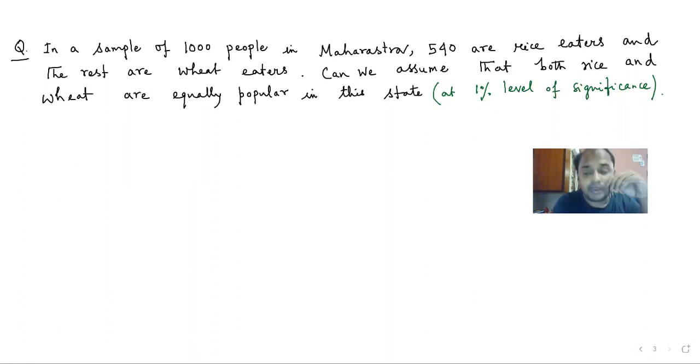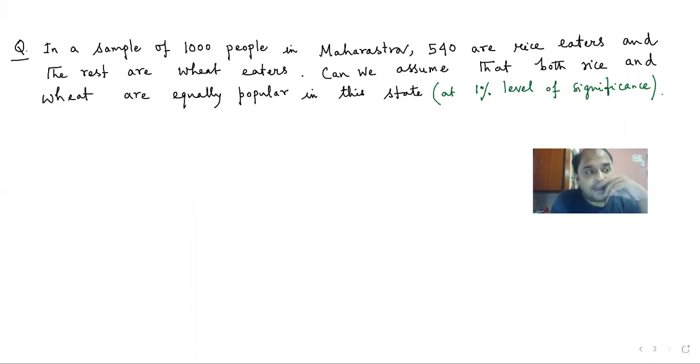Data of people in Maharashtra being rice eaters or wheat eaters has been considered. Maybe if it is found that the proportions of rice eaters and wheat eaters differ, the government is going to introduce some sort of planning, some sort of changes in the state of